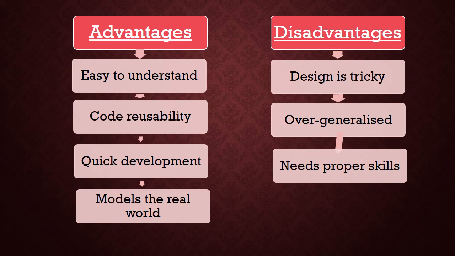Then the second is that classes sometimes tend to be overgeneralized. Because of this, problems occur, and the complication of the development process becomes very difficult to handle. The next one is that the programmers need proper skills and proper training, such as designing, programming and thinking in terms of objects and classes, and using mechanisms like inheritance and polymorphism. So it requires proper knowledge as well as proper training, which sometimes becomes an expensive process.